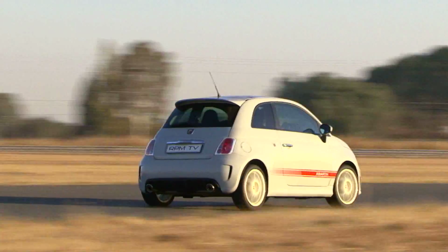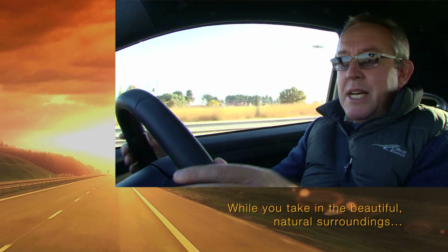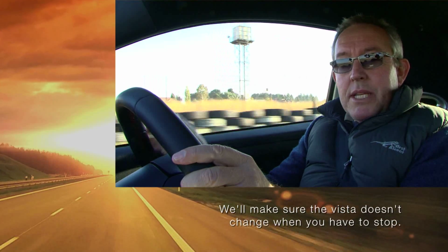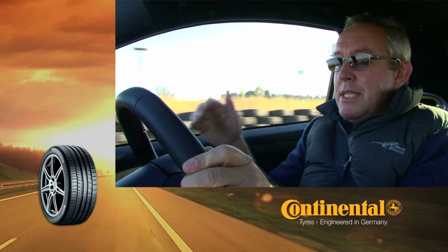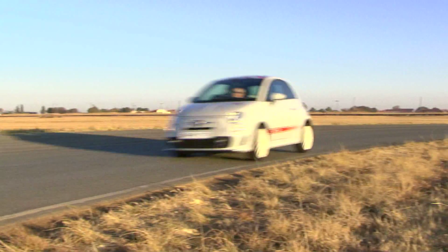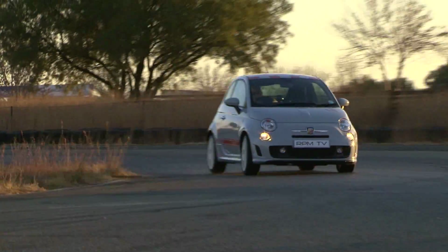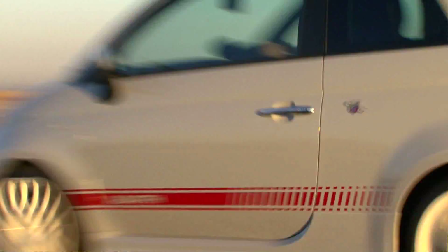The SS sounds gruff and purposeful with a snap, crackle, pop exhaust note that's more race car than road commuter. The ride is a bit on the bouncy side, mainly because of the short wheelbase, but there's a surprising amount of grip, and there's no body roll to speak of because of the lowered Koni suspension. The Fiat 500 Abarth SS is not your average Fiat 500, and we also know that special talents come at